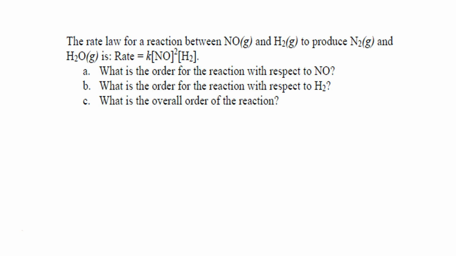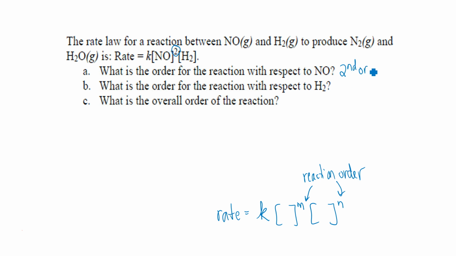This question is just trying to assess whether you know the vocabulary here. So this is a generic rate law. It's rate equals some constant K times the concentration of the reactants to the power of some exponent. And these exponents right here are what we call the reaction order. So in order to find the reaction order, we're going to look at what the exponent is in the rate law. So for NO, the exponent is a 2, so that means that it is second order with